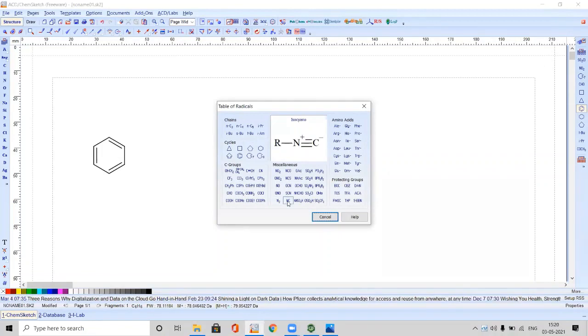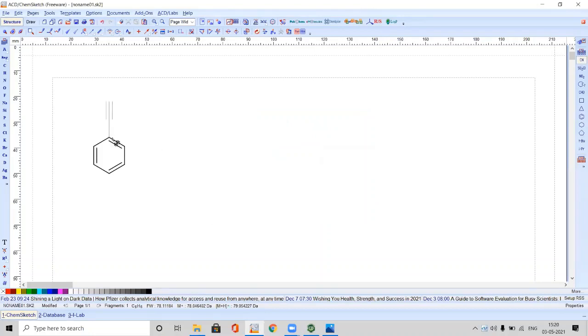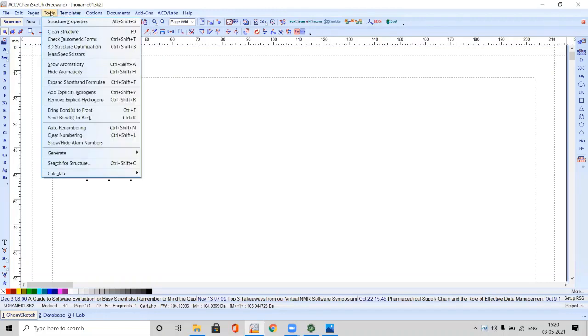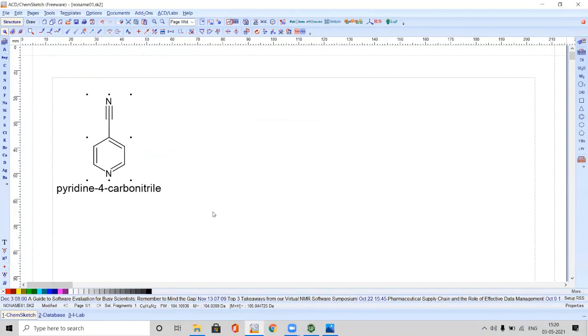So I will click on this carbon. Now a nitrogen needs to be placed at this position. So to get the name of this compound, go to tools, generate name for structure. So pyridine 4 carbonitrile. Here you see a different name.